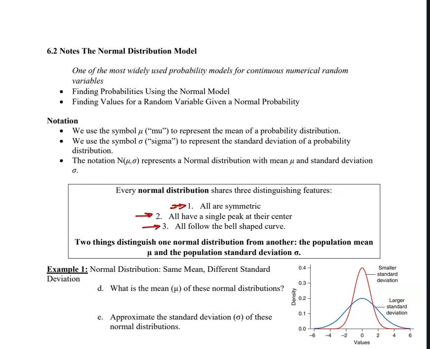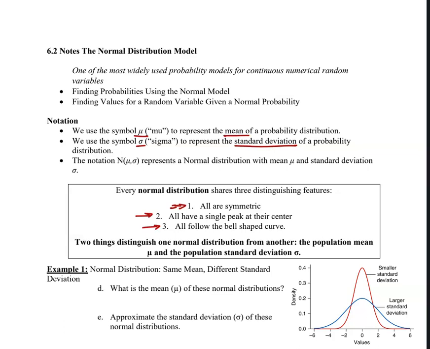Every normal distribution has a mean and a standard deviation associated with it that we need to be familiar with. The mean of the distribution, we use the symbol mu, that's the Greek letter mu. The standard deviation, we use the symbol sigma, the lowercase letter sigma. And we've seen those before. I know we did them earlier in the course a little bit. They came up once in a while, but now we're going to use them again when we talk about normal